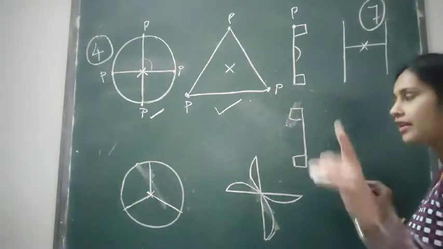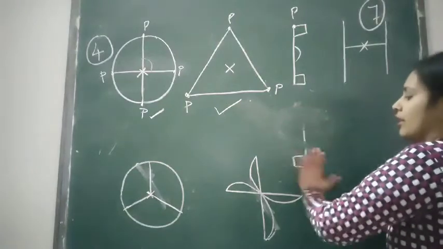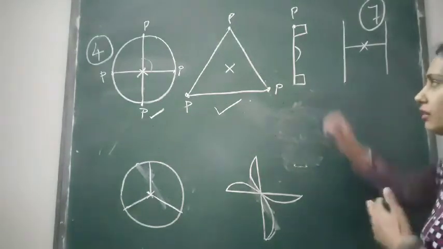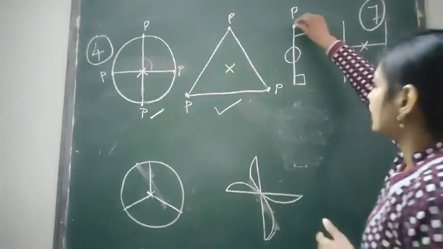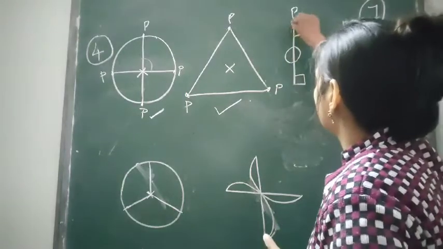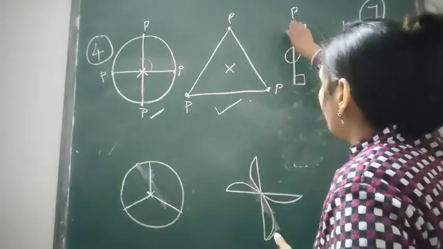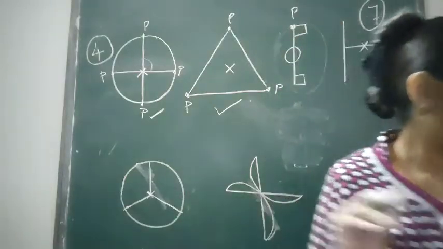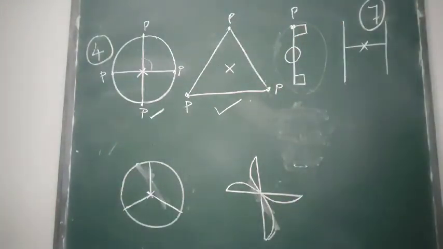That means you will not rotate it at 180 degree also, you will rotate it at a full angle, that is 360 degree. Okay, that means in one rotation like this, P will come back. So here order is what? Only and only 1. So here the order is 1.